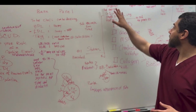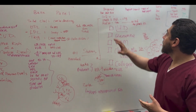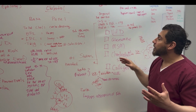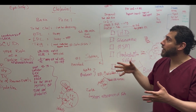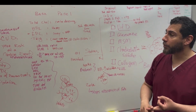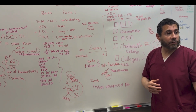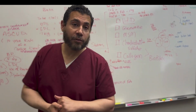Now I'm going to talk to you about some natural options. One of our students was kind enough to put this up. Looking at bergamot is one of the options that we've had in our office recently. We actually recommend some of these prior to starting prescription medication only because some patients want to have something natural. Two is that they may feel they're young. Three is that maybe they don't have that ASCVD score high enough. So I'm going to have Melissa mention some of those for us right now